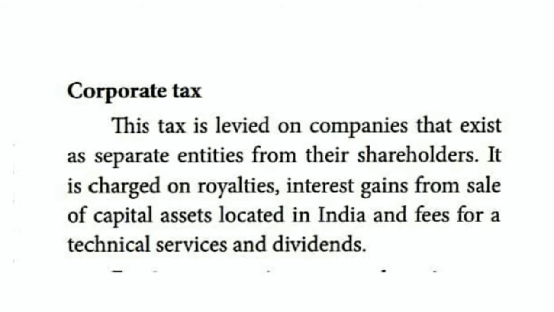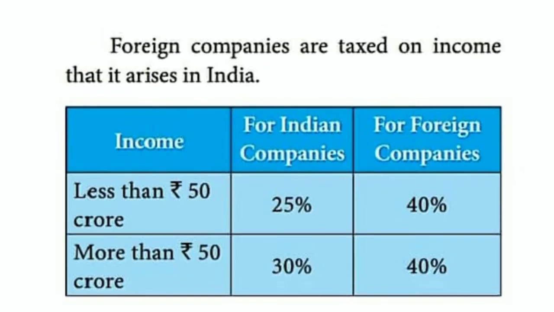The next, wealth tax. This one we can check, children. It is given on page number 323. What is given is corporate tax. Under that, foreign companies have to pay taxes. For example, many foreign companies are established in India, especially in Tamil Nadu. For example, the Kudankulam nuclear power plant is a Russian plant. The foreign companies that established their firm here in India have to pay taxes. That tax is also called corporate tax.